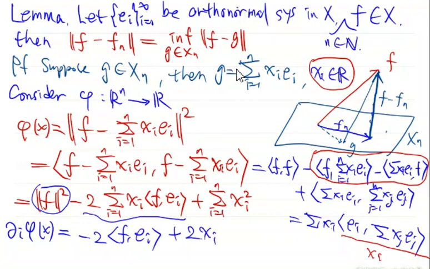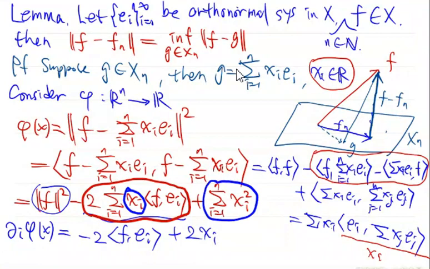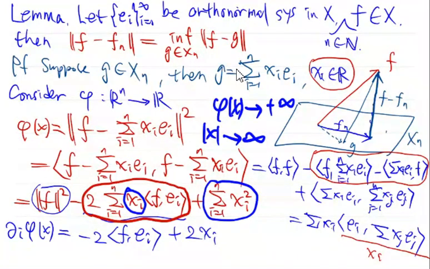So let's have a look at this function phi. This term is the first order term. The first term, the norm of f squared, is constant with respect to x. And this term is the first order term with respect to the variable x. And the last term is the second order term. Therefore, from this you can see that phi(x) goes to positive infinity if the norm of x goes to infinity. The function phi behaves in this way,